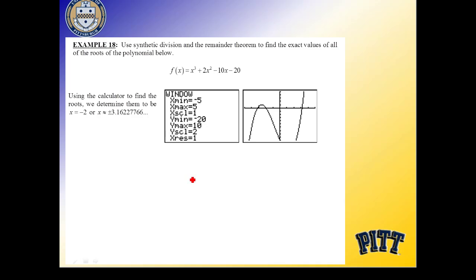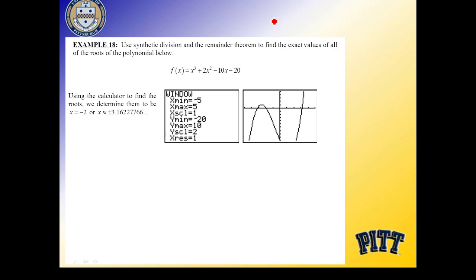So x equals negative 2. Negative 2 is an integer, so it's very rational. I can come up with an exact answer. So rational numbers are easy to find graphically. Irrational ones get to be a little bit more difficult, because I'm not necessarily going to know it's 3.162277766. So I want to get the exact answers, and you're often going to be asked, as it clearly says up here,